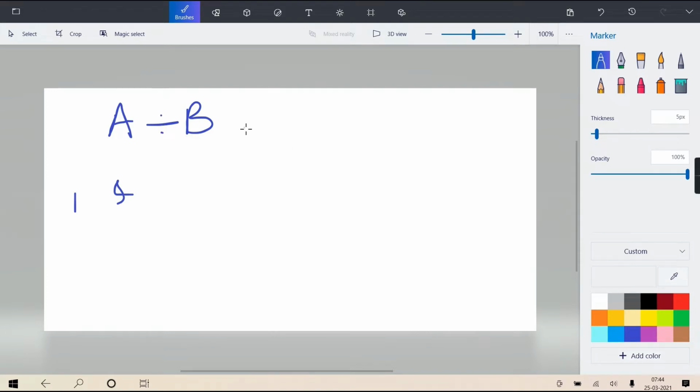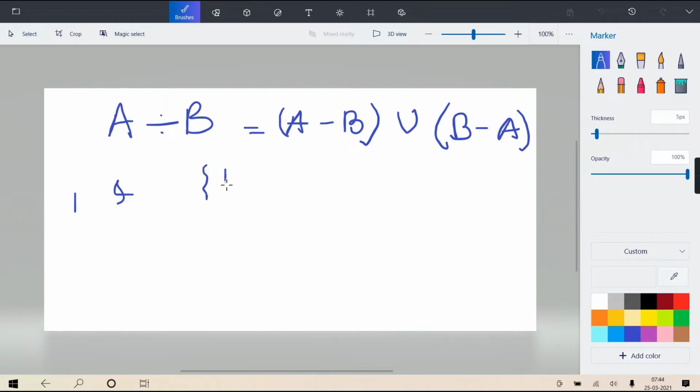Symmetric difference means all the elements which are present in A but not in B, and the elements of B but not in A. It is actually A minus B union B minus A. So the union of A minus B and B minus A makes the symmetric difference.